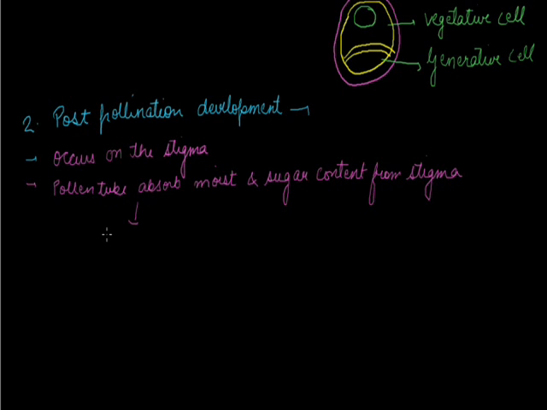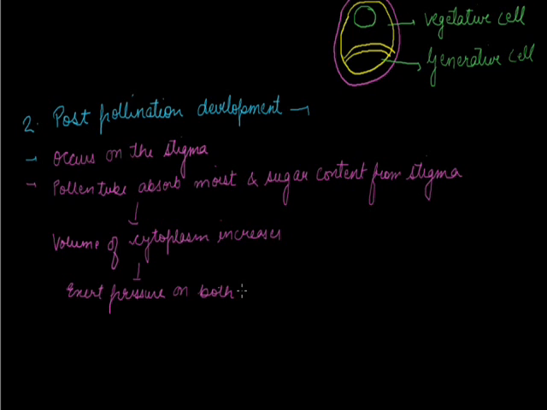Due to this, the volume of internal content of cytoplasm increases and exerts pressure on both layers. Due to this, the intine comes out through the germ pore